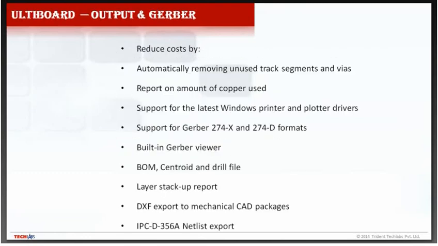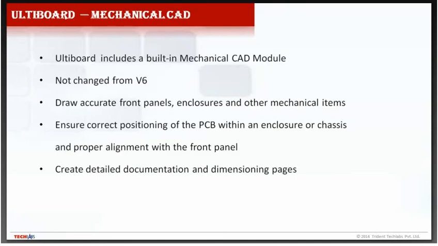And at the end of the design, I have mentioned that we can export the format into the Gerber file. And how the Gerber file will look like, I have mentioned one slide for that. In the Altiboard, for creating a new design, there could be two options. One is PCB designing, another is mechanical CAD designing, like drawing the accurate front panel or the enclosure of the PCB, where the full PCB can be placed, the outline or the panel. That mechanical design could also be done using the Altiboard software.